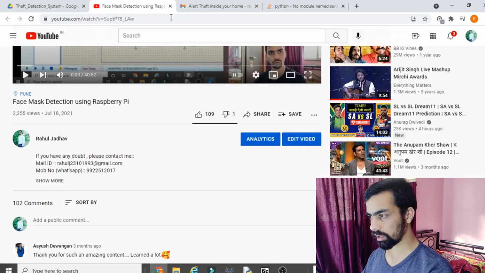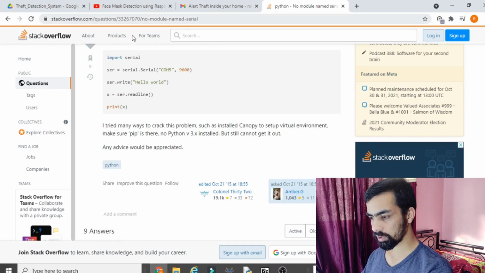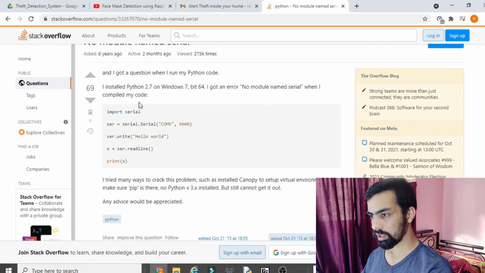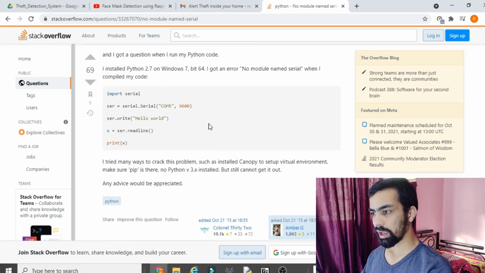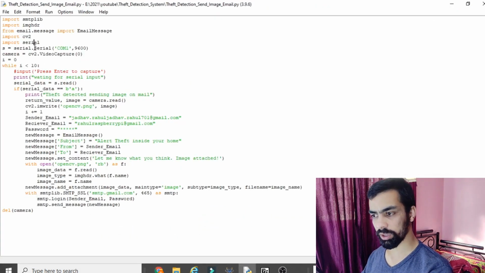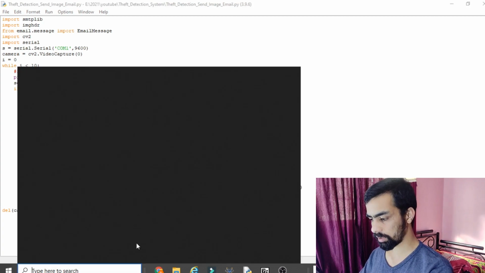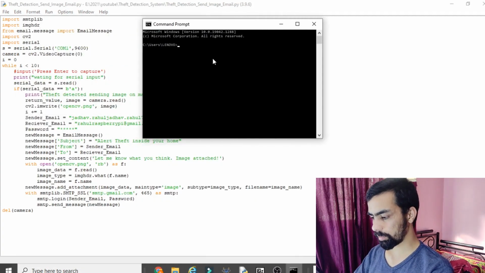So I can show you that error also. Like this is one Google result, and here you can see this person is also facing that problem. And I will tell you here how to fix it. Let's say you have installed the latest Python version, and if you don't want that import serial package error, then you should install the PySerial library instead of serial. So how to install that PySerial library? First go to the CMD. Once you go to the CMD, just type here pip3 install PySerial.